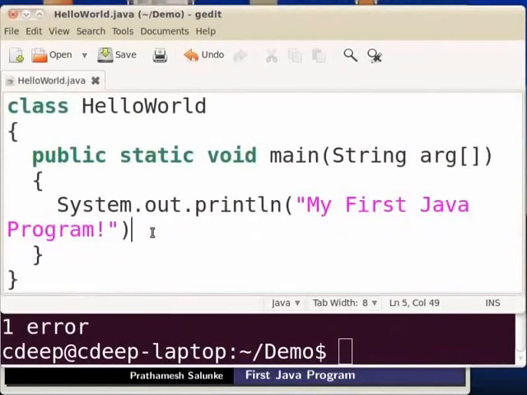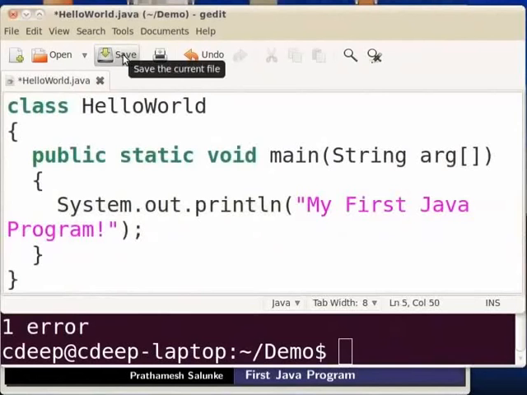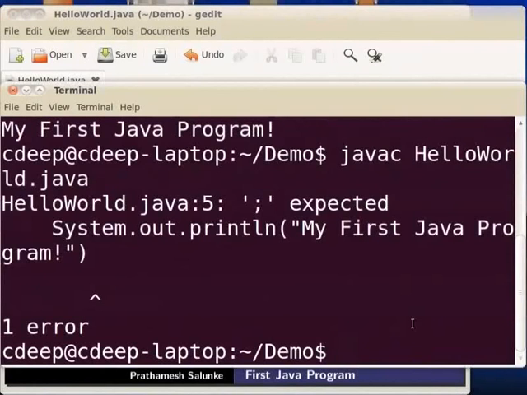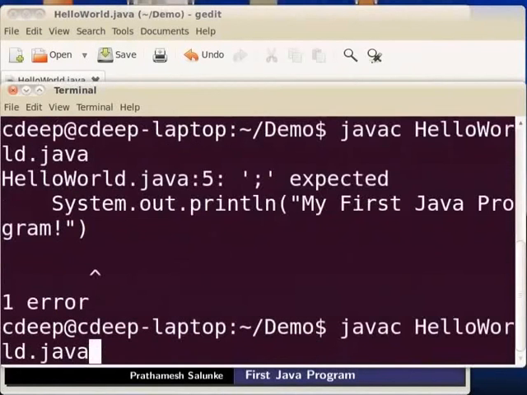In Java, all statements are terminated with semicolons. So go to the 5th line and add a semicolon. Click on save icon. It is necessary to save the file before compiling. Let's go back to the terminal. Compile the file using javac HelloWorld.java.